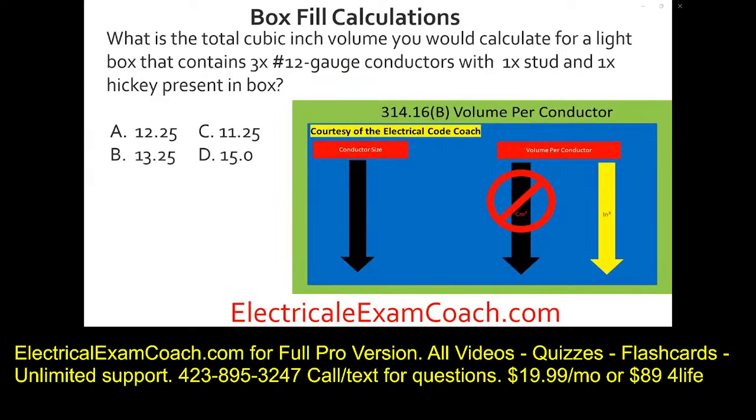What is the total cubic inch volume you would calculate for a light box that contains 3 12-gauge conductors with 1 stud and 1 hickey present in the box? For this one, we're going to go to table 314.16(B). We know that each 12 is 2.25 cubic inches. Now let's count our conductors. We know that we have the 3 number 12s originally, but now we have to deal with the studs and